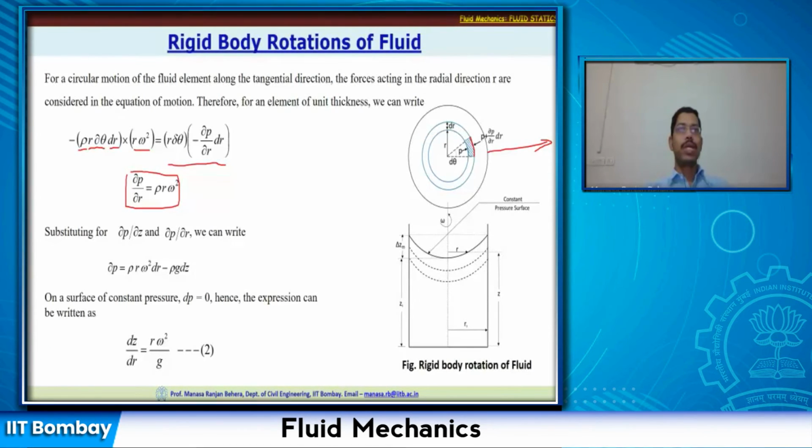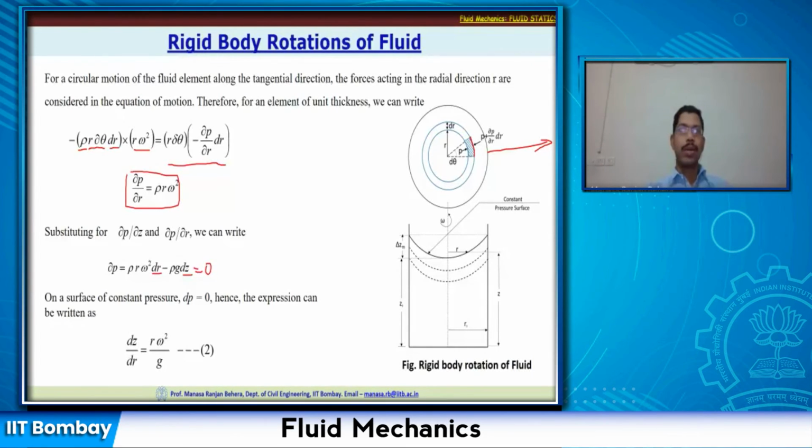So here, if I resolve this, I'll be able to write that this rho g dz is going to be 0 at the surface. So now ∂p/∂r, ∂z, so this delta p is 0 at that surface. So this is equal to 0. I can write down ∂r/∂z is equal to rho r omega square divided by rho g. That will give me r omega square by g.